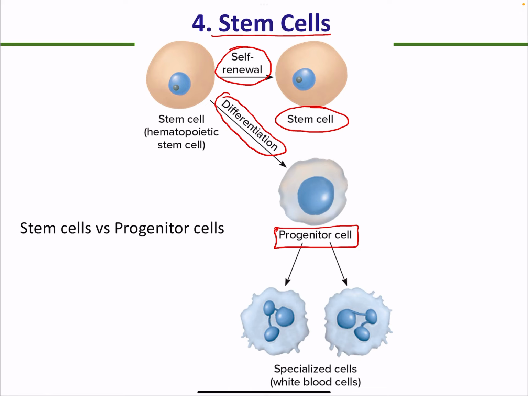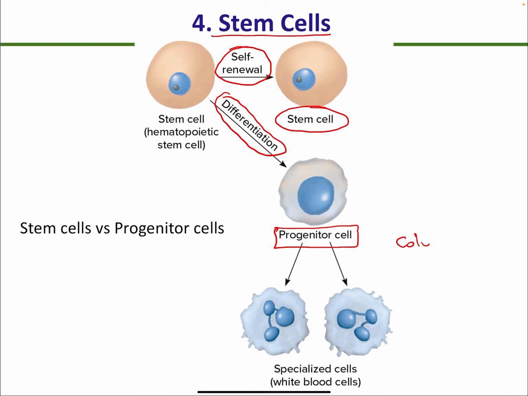Okay, now you have these progenitor cells. After they receive a specific signal, they're going to turn into blood cells. They can turn into white blood cells or red blood cells. Everything depends on the kind of signal they received, right? If they receive the factor, what is it called? CSF, colony stimulating factors,